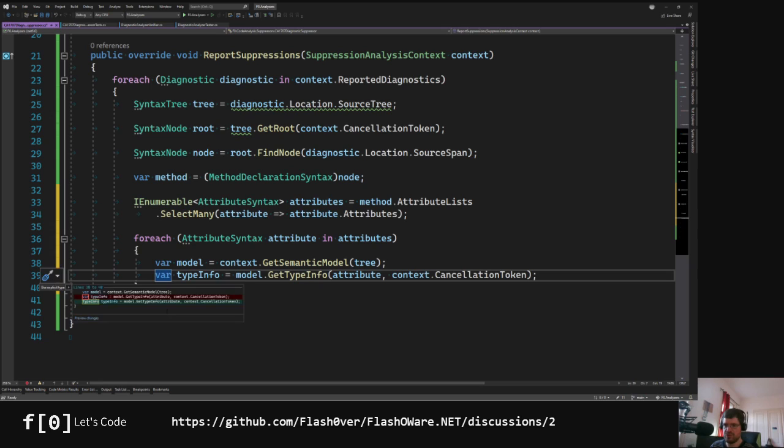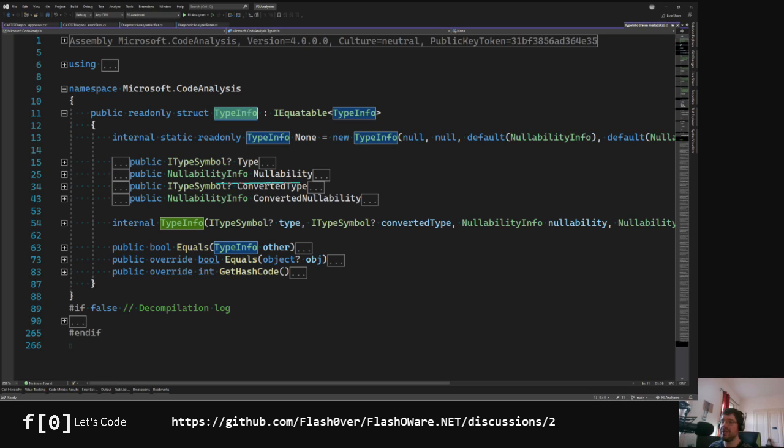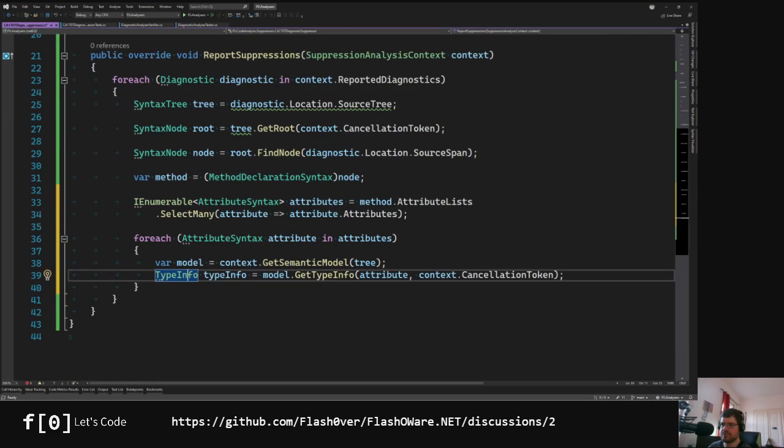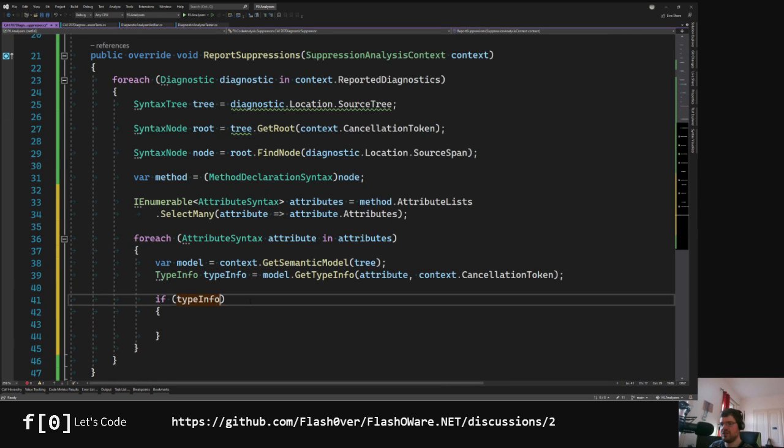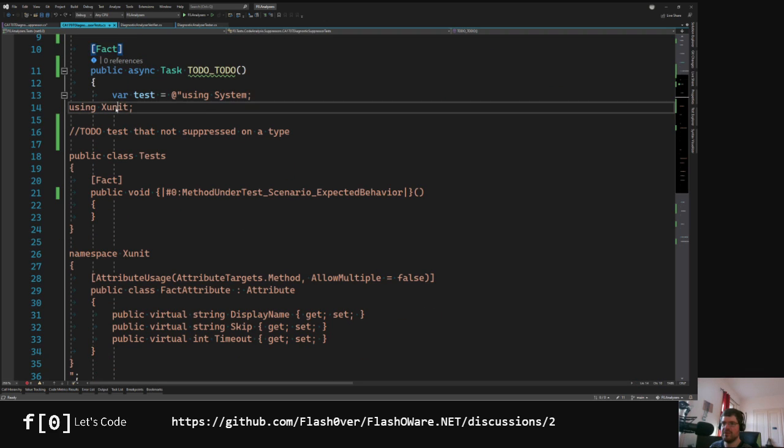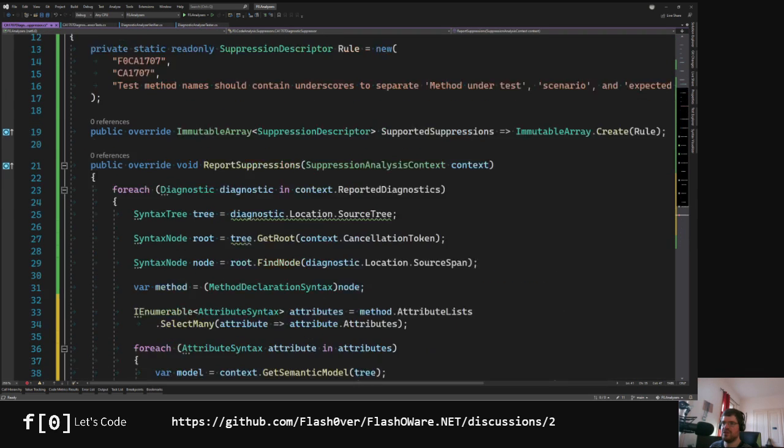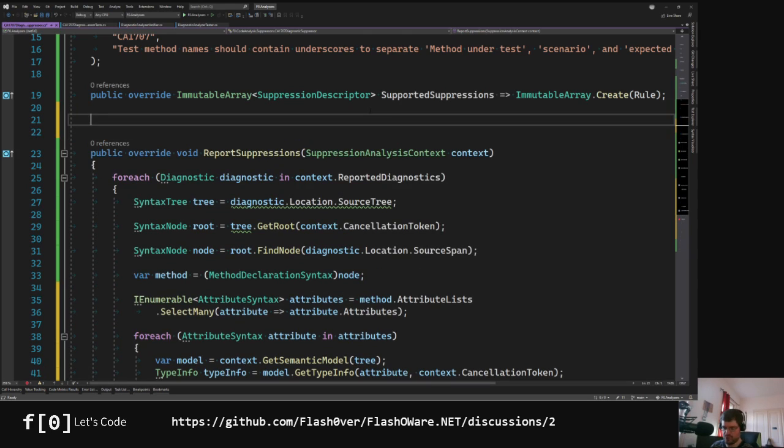So this type info now carries information such as the nullability information, but also the actual type, and we want that type symbol. So we can ask if that type symbol, let's check the name of it. If the name equals the attribute that we want, which is, the full name is, let's put that, should we put that? Yeah, let's put it into a private,